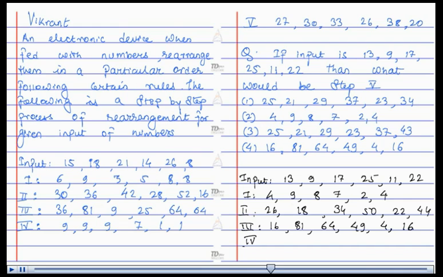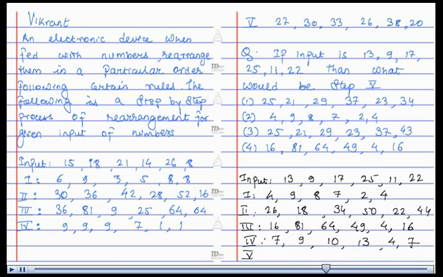The step 4 will be the sum of the digits of step 3. 6 plus 1 is 7, 8 plus 1 is 9, 6 plus 4 is 10, 4 plus 9 is 13, 4 as it is, 6 plus 1 is 7. Now if we look at step 5, it will be input plus 12, that is